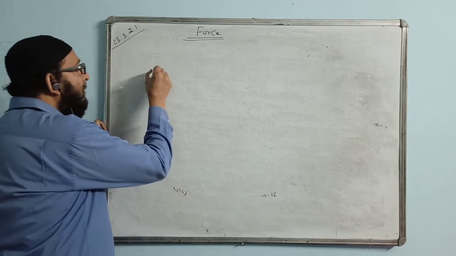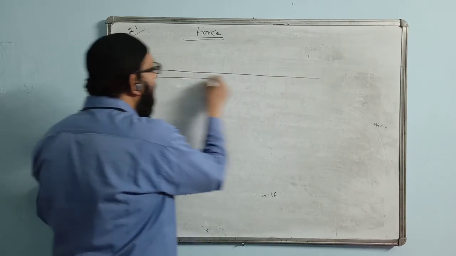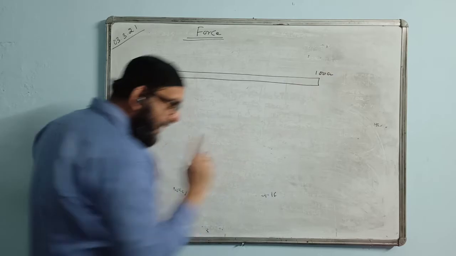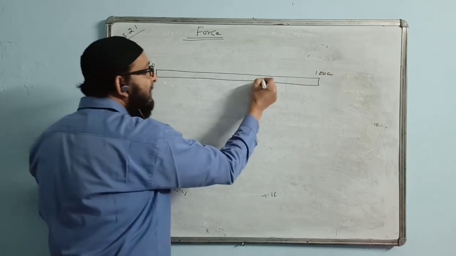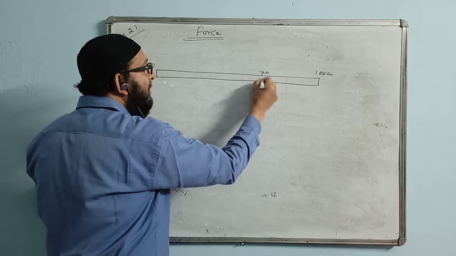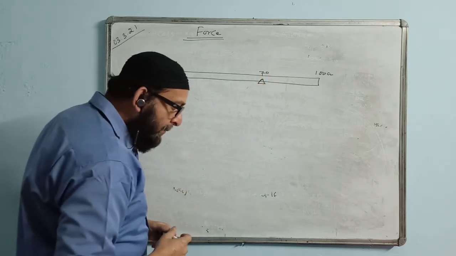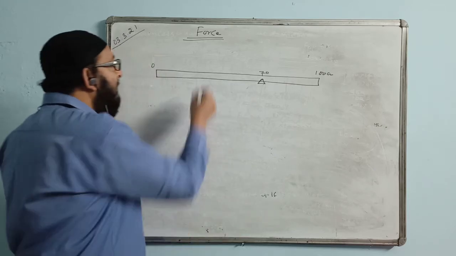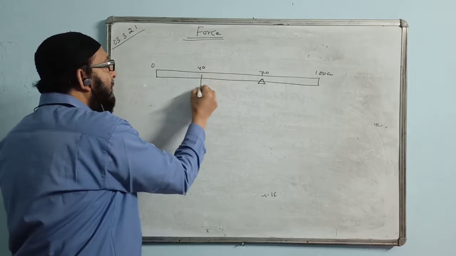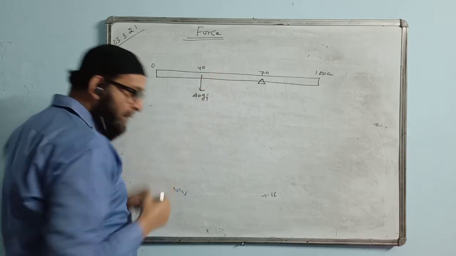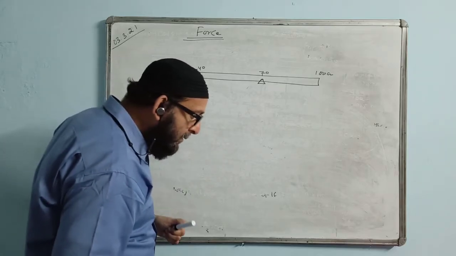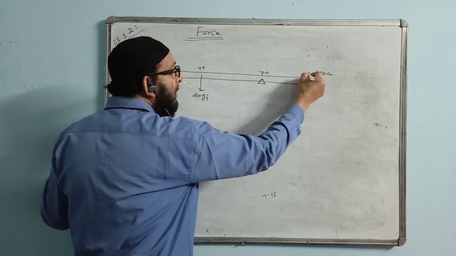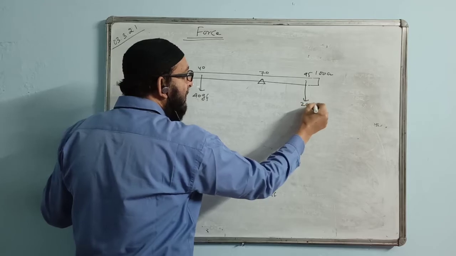The weight of the rod. So the question says there is a uniform meter rod, 0 here and 100 centimeter here, balanced at the 70 centimeter mark. 70 is somewhere here; the balancing point is here. By suspending a weight of 50 GF at 40, which will be somewhere here, we are keeping one weight here. And another weight, 200 GF, at the 95 centimeter mark. 95 will be here. We are keeping a weight of 200 GF there.